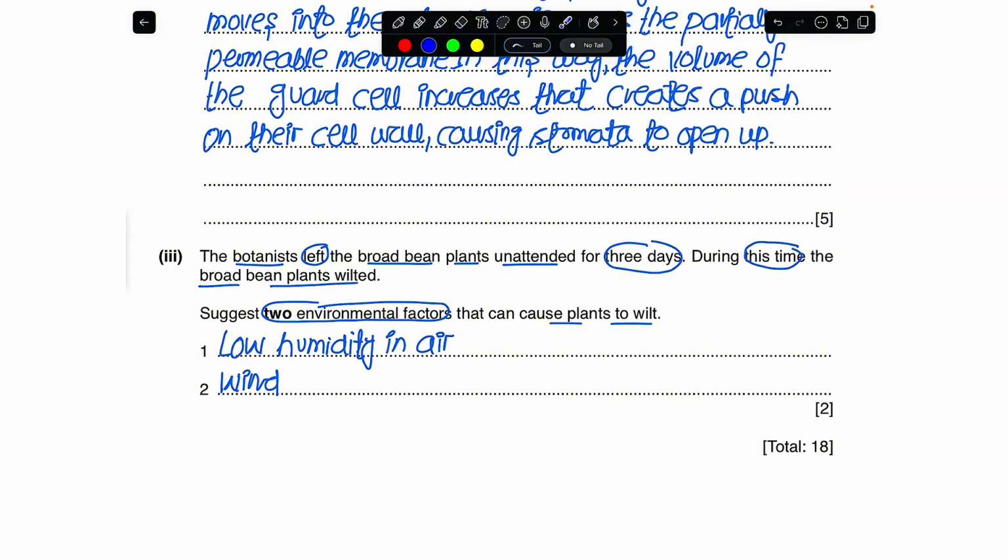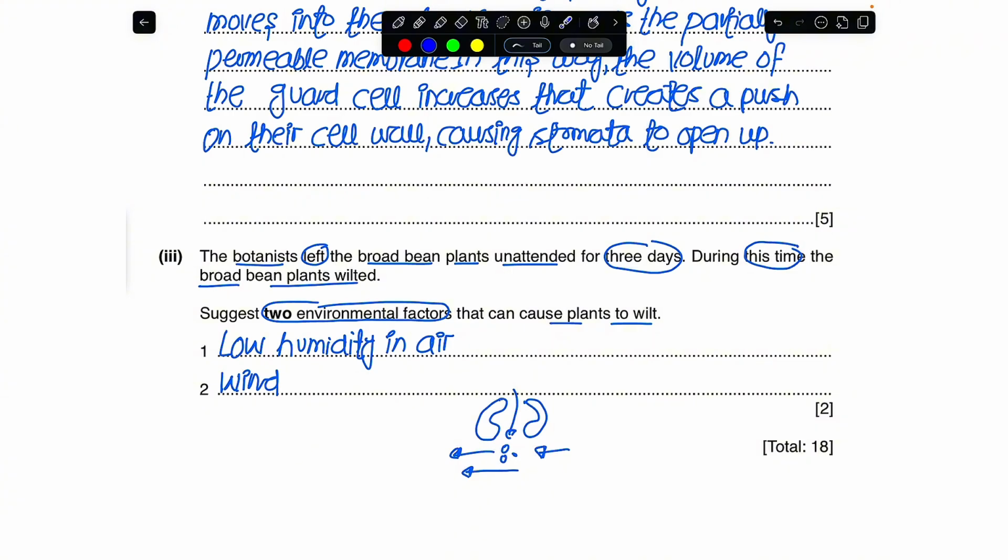Okay, speed of the wind is actually a scenario. Say I have these guard cells, and on the outside, I simply increase the speed of the wind. Any of the water vapor escaping with the help of transpiration would be carried away fast, and that would result in more loss of water by transpiration. And the only way around is for the plant to wilt